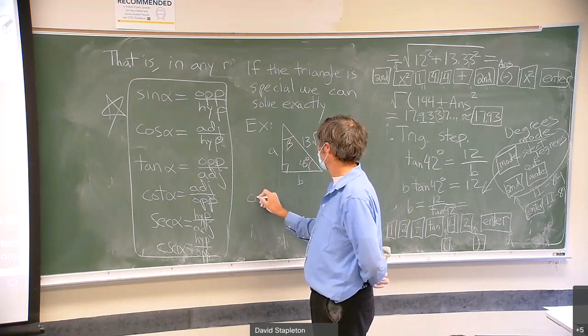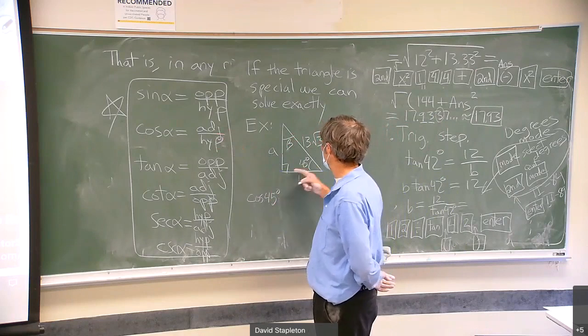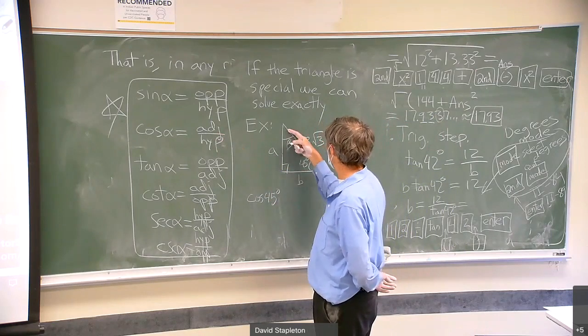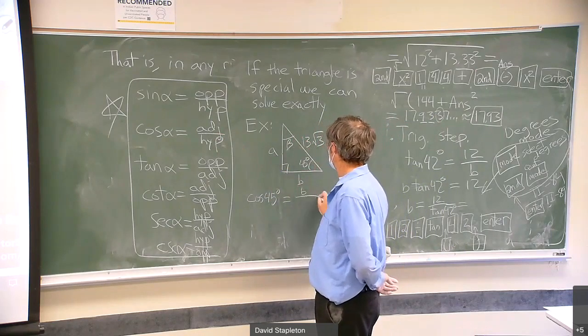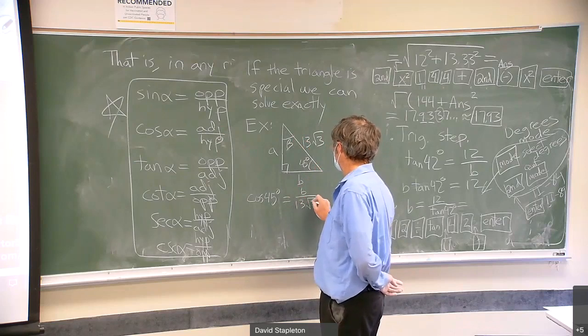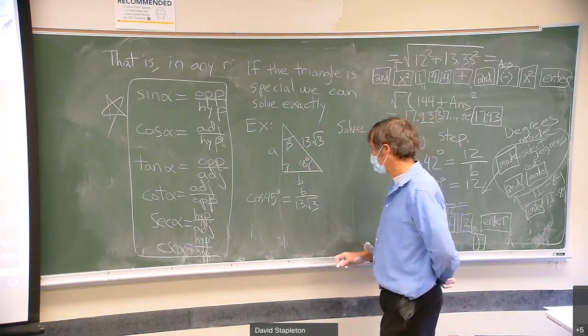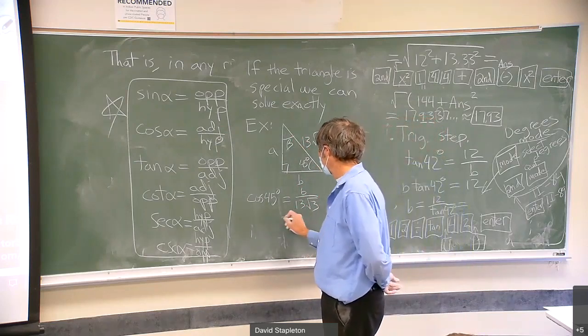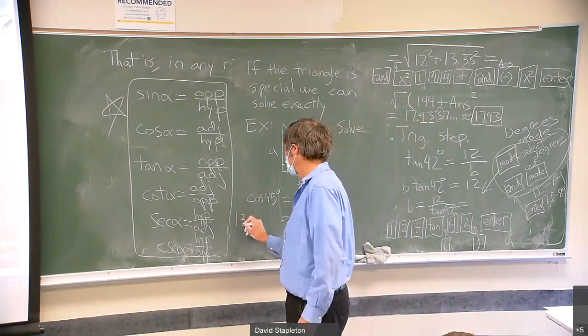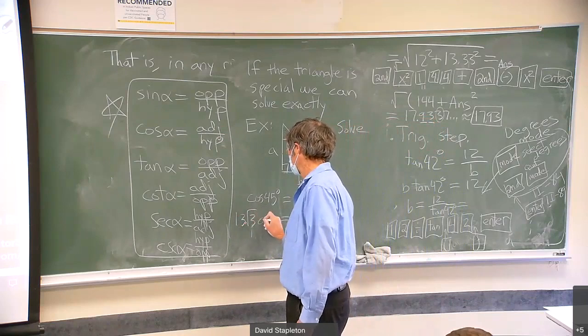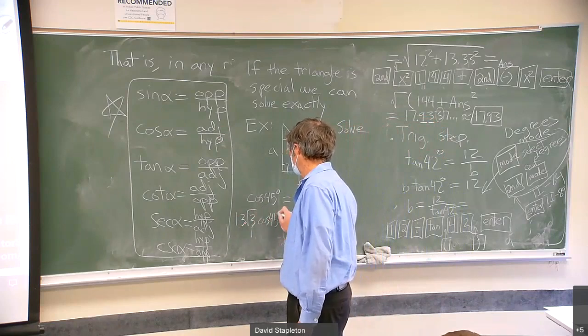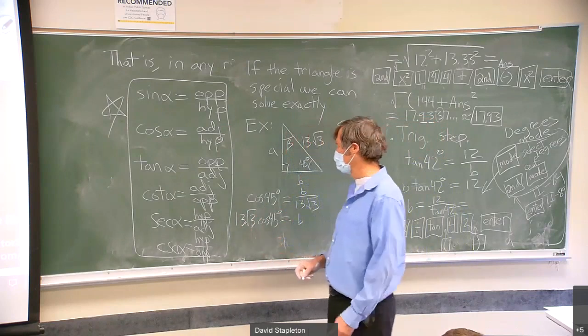So I'll write that the cosine of 45 degrees, according to this, is adjacent to the hypotenuse. So it's B over 13 square root 3, right? There it is. Well, evidently then, by multiplying by 13 square root 3, I get that B is 13 square root 3 times cosine 45 degrees. Now I can do it by decimal like I did last time with the calculator, but